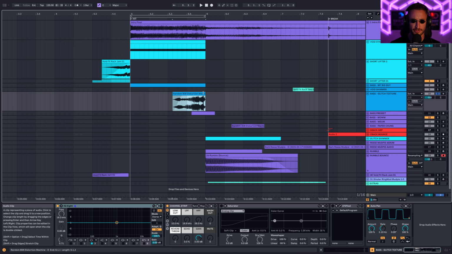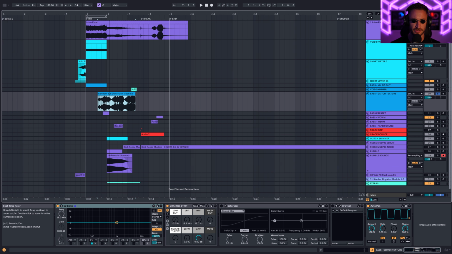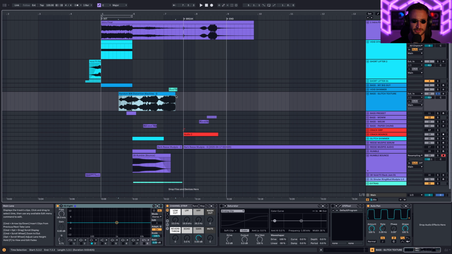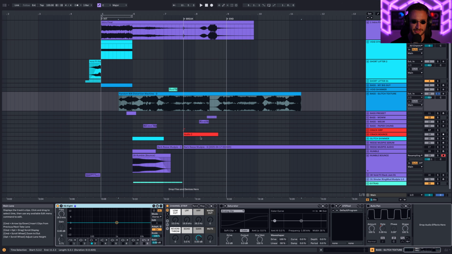Below that, we have this 808 glitch texture. So this is, again, just another one of these presets that I made, which I'll show you in a second, that it's just like automates itself over time. So if we listen,